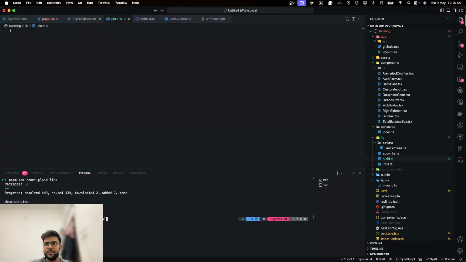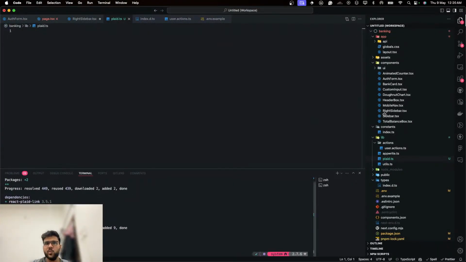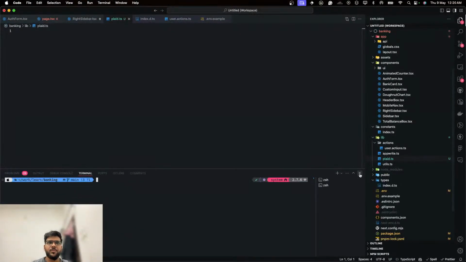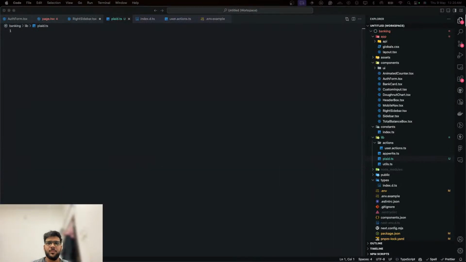Once we have that, we can initialize our configuration and make it equal to a new instance of a Configuration class, which we call, and we can pass some params, such as the basePath equal to PlaidEnvironments.sandbox and baseOptions. That's an